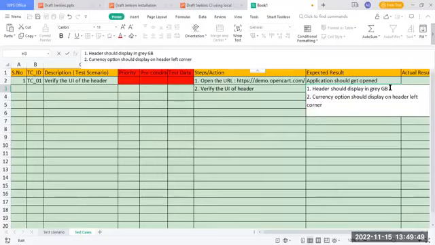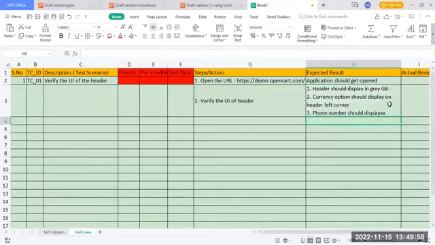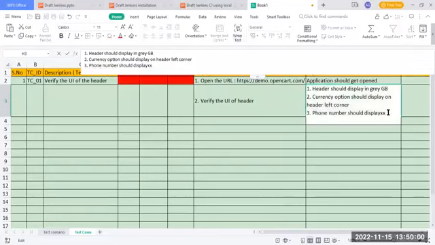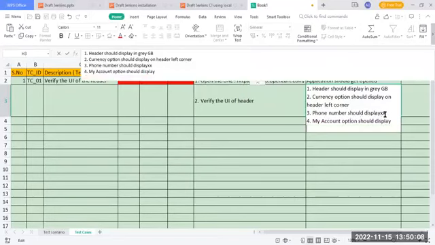Okay, then what next? Phone number. Phone number should display. Okay, that is my third. Then what? My account. My account option should display. Means whatever things I'm expecting. So those are expectations. We need to write it here. Okay. Then wish list. Okay. And what? Wish list and checkout